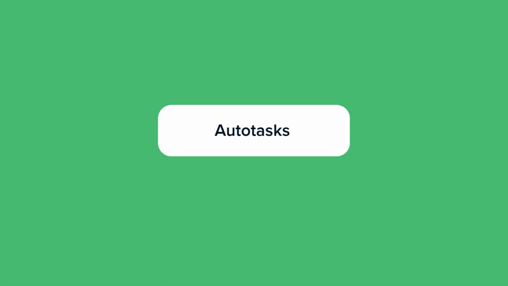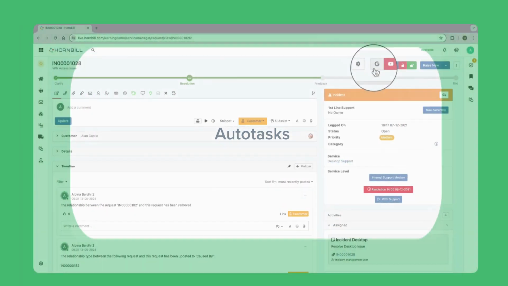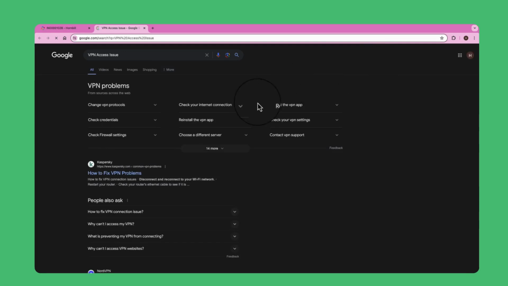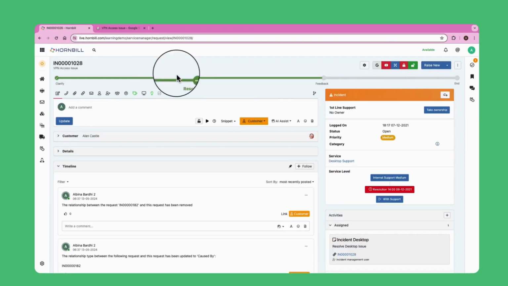In this video, we'll explore auto tasks, a powerful feature for executing automation through custom buttons across various entity views in different apps. Auto tasks are most commonly used for request management, triggered by buttons that you add to the request view for agents to use.